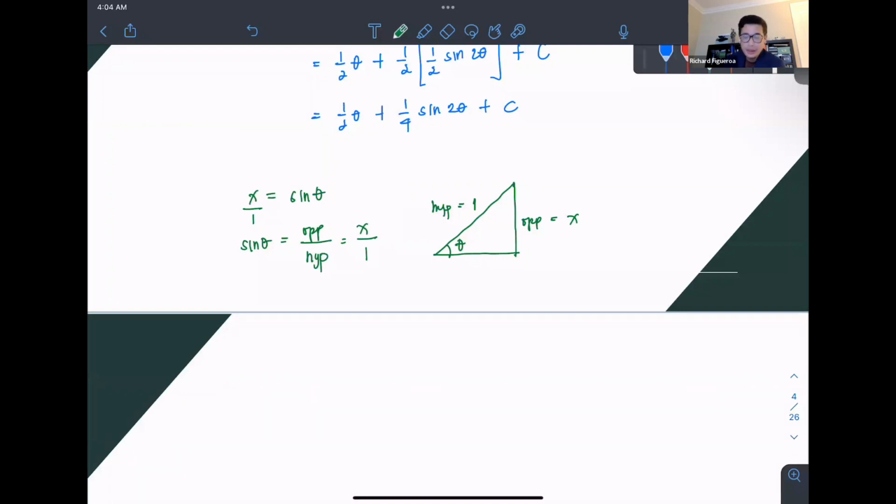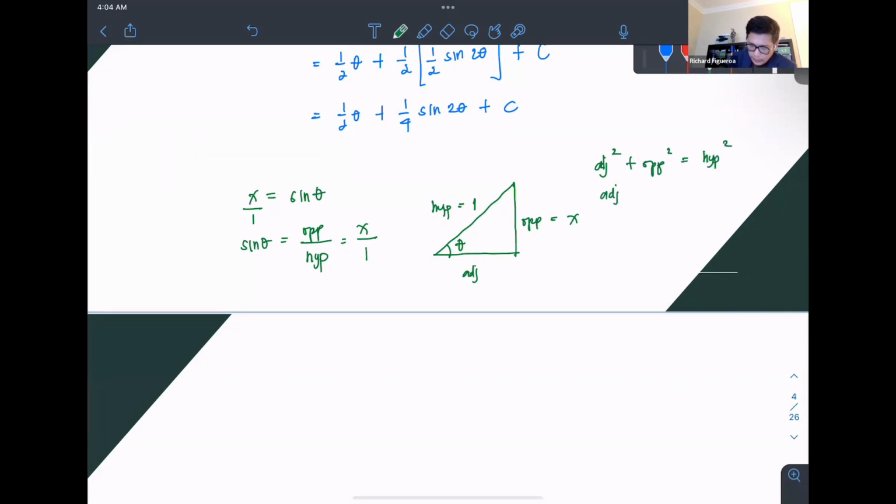We could use the Pythagorean identity, the square of the hypotenuse equals the sum of the squares of the two sides. So this is the adjacent side, right? The adjacent side squared